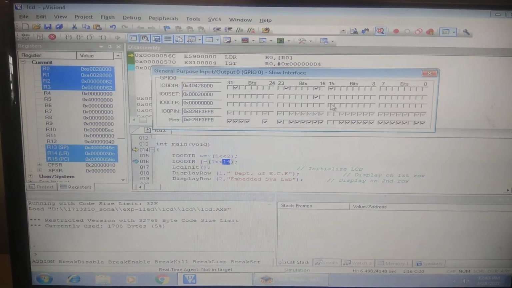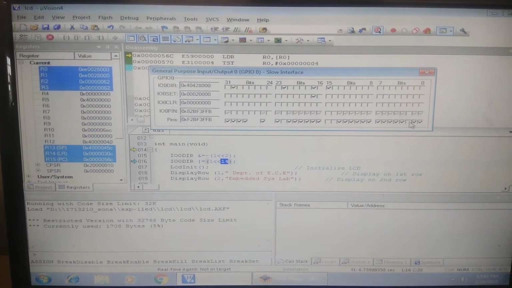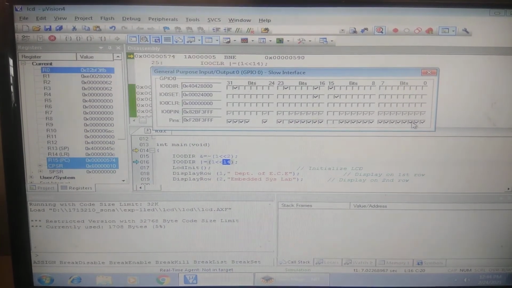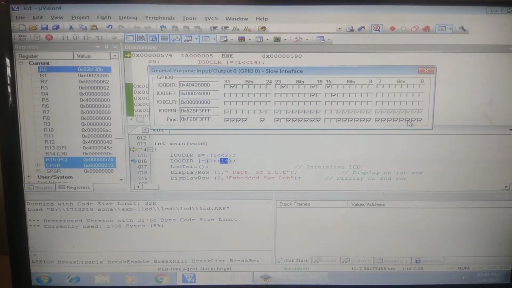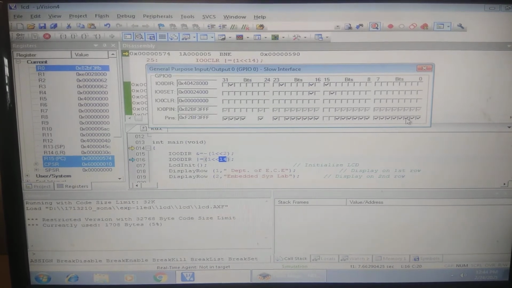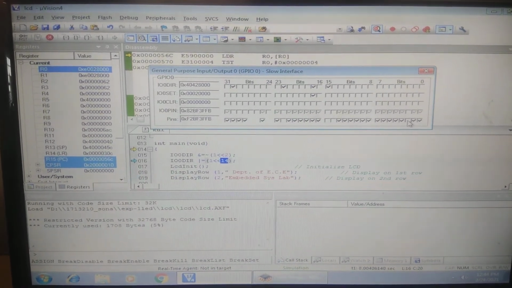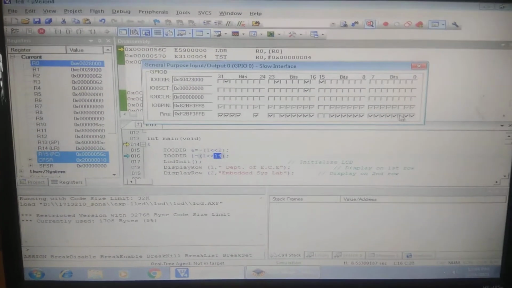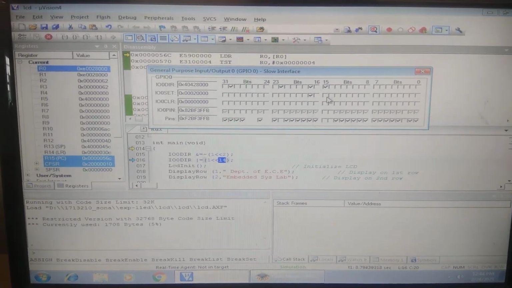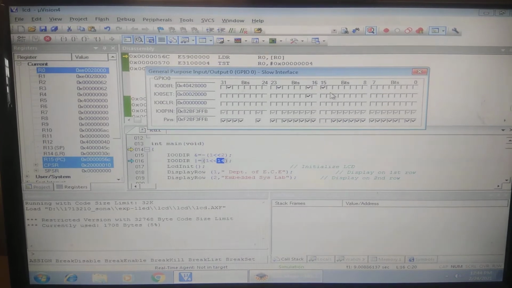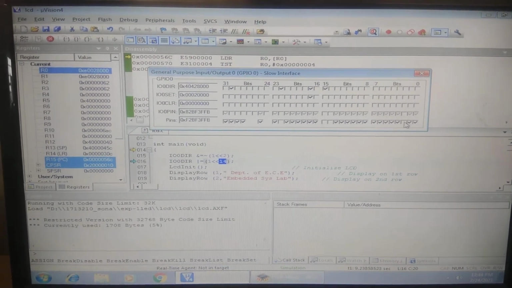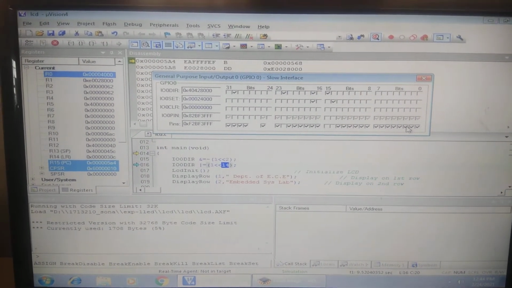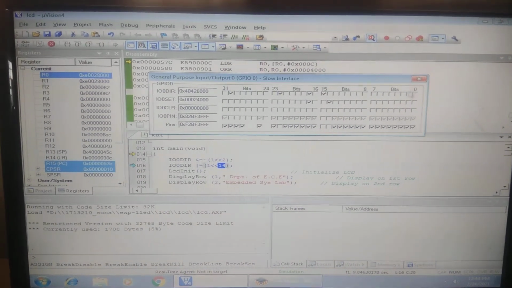So you just look here. This is the port 0 second pin. If I click this, that is nothing but the default in your hardware connection. If I press the port 0 second pin, your port 0 14th pin is going to change according to your conditions, right? So this is the simulation of your key interface.